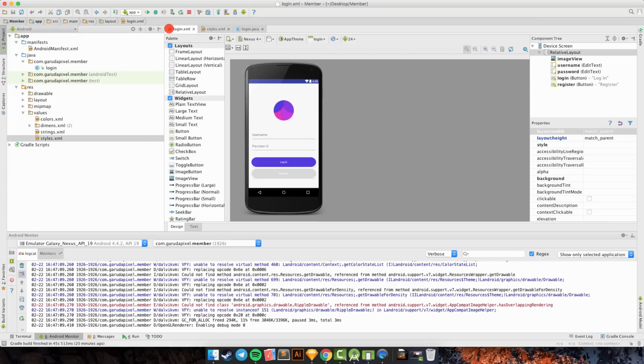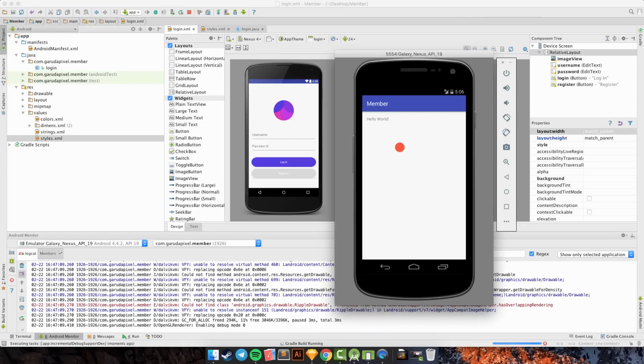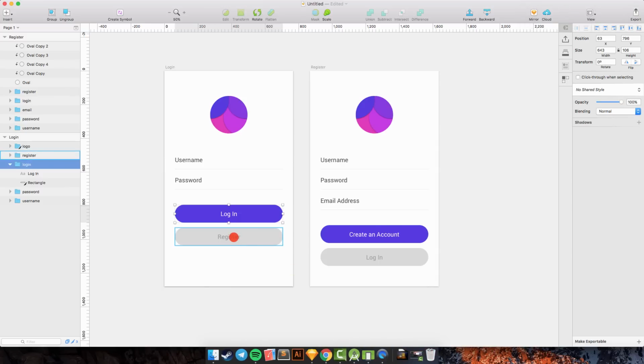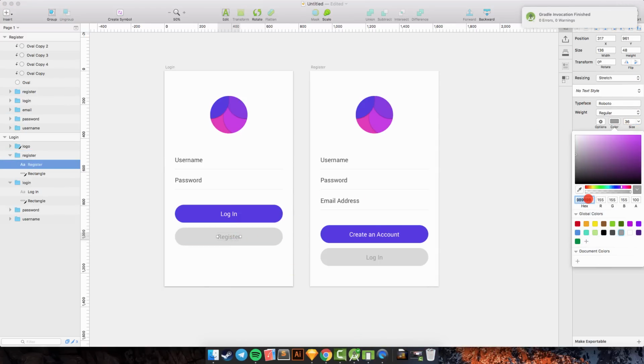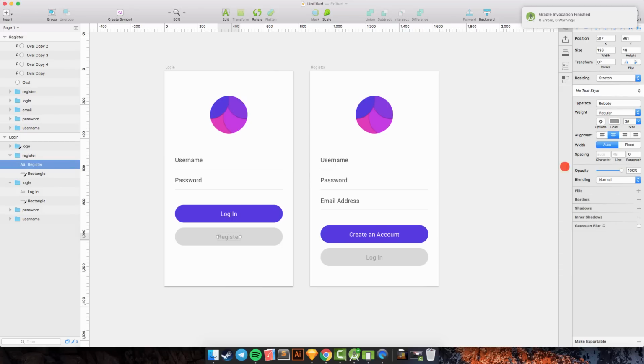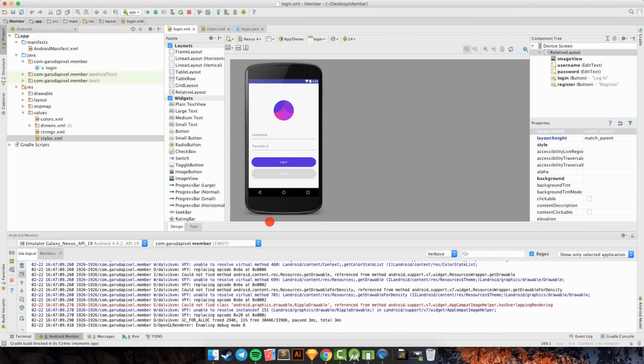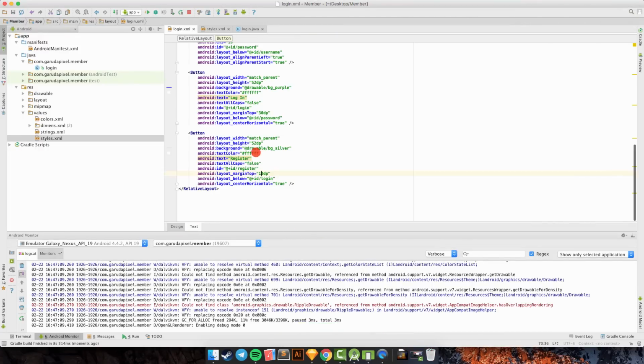We can preview in our Android emulator. We click here, and the emulator should restart, so we just need to wait. While waiting, I want to check the color code. So the color code we can copy and go back to Android Studio and go back to the text and change the text color for register.